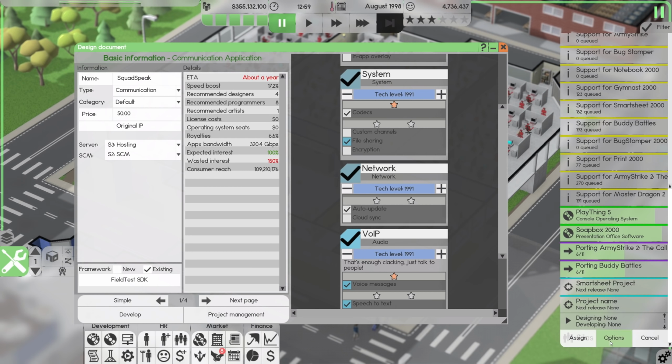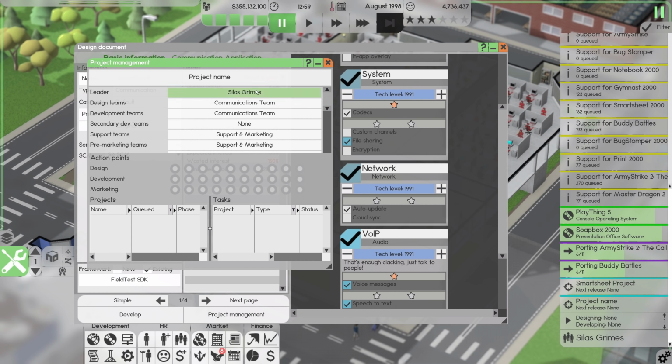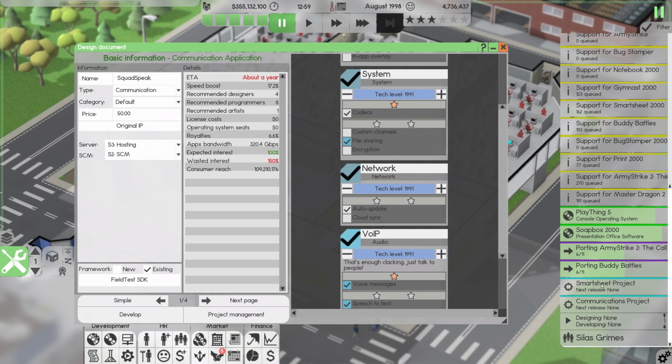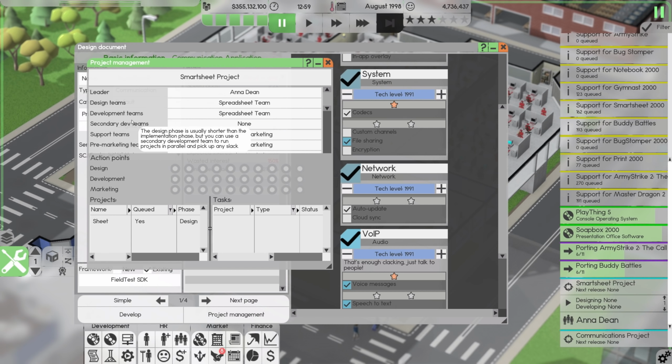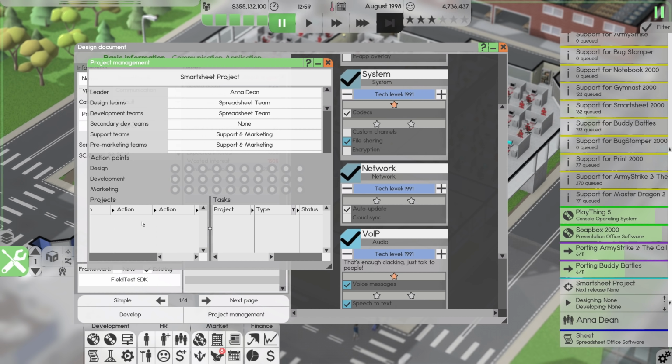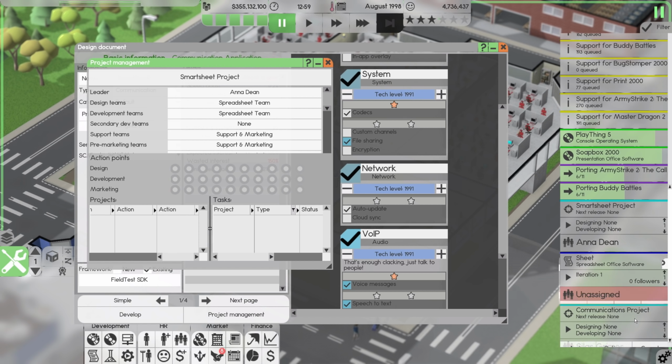I also haven't renamed this. So what is this? I'm going to just say communications project for now. That seems like a fair enough name. So communications project. As for Smartsheet, I actually do really need to make sure that that is, so sheets, can I modify you? How much are you going to be? Info, I can take it over. I didn't really want to do that.